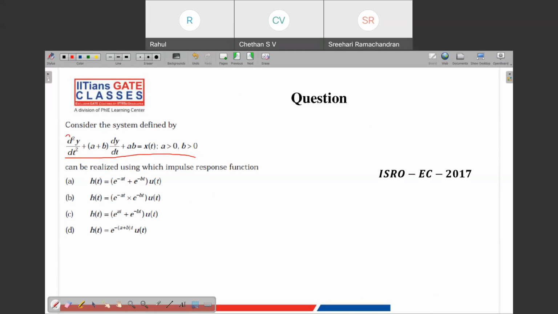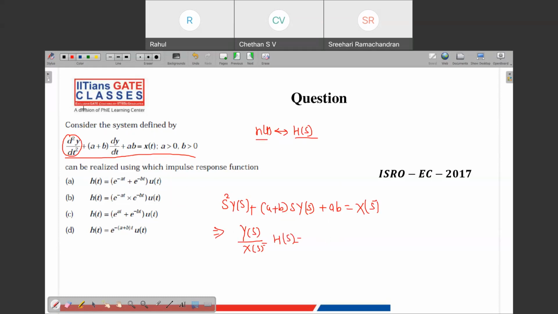On the left side here, it's 2 time differentiation, so it will be s square into y of s plus a plus b. And here it is 1 time differentiation, so it will be s into y of s, and then plus ab equal to x of s. Okay. Now we need to find the impulse response, which is h of t, and h of t is the inverse Laplace transform of h of s. Now y of s by x of s will give us the h of s, and that will be given as